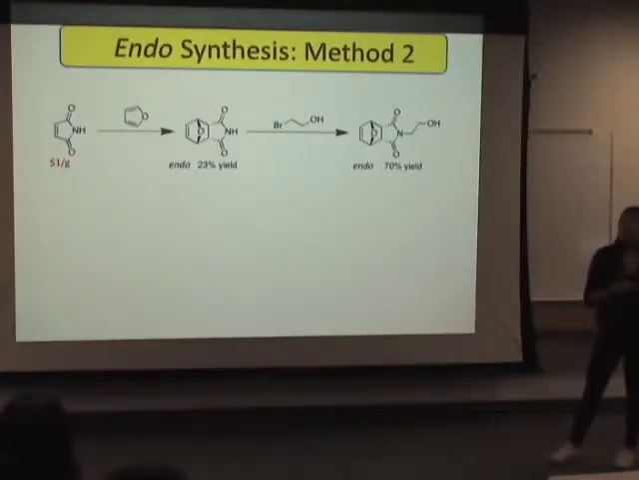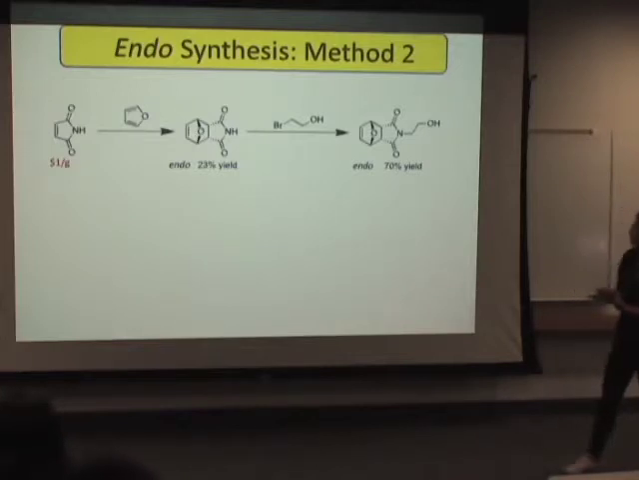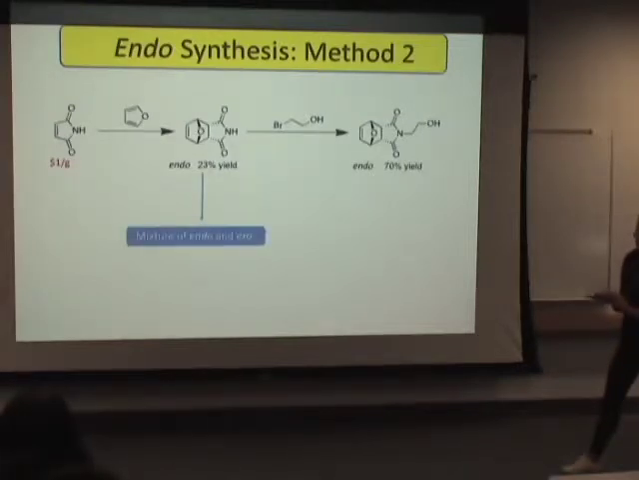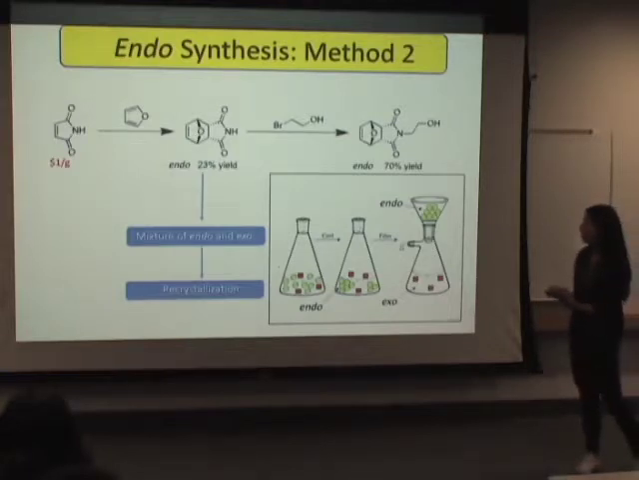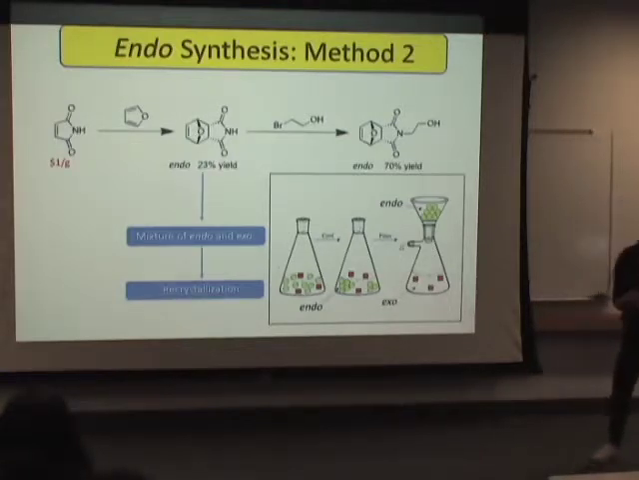And by the end, we still get a mixture of endo and exo, mostly endo. With this method, the way to purify endo from exo is through using column chromatography, which I will talk more about. So column chromatography is a purification technique in which you load your impure mixture into a long column